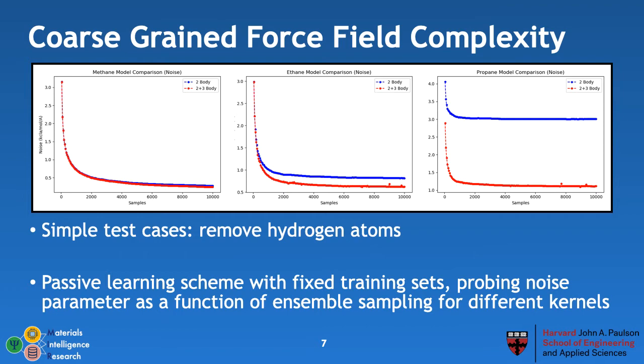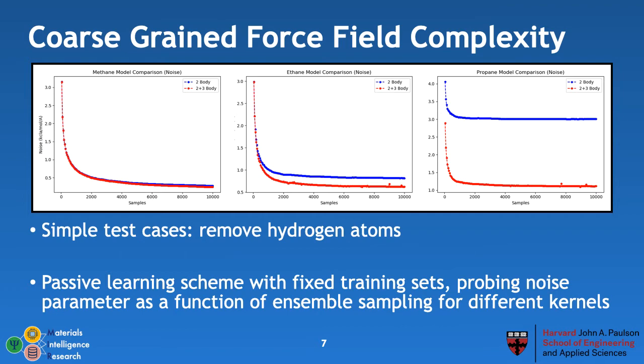In this plot, we consider models that have been passively trained on a fixed training set and observe how the noise behaves as we change between two-body interactions and both two- and three-body interactions. We also examine the behavior as a function of ensemble sampling of the coarse-grained force labels. It's clear that the noise indicates, in line with our intuition, that three-body interactions become increasingly important for more complex